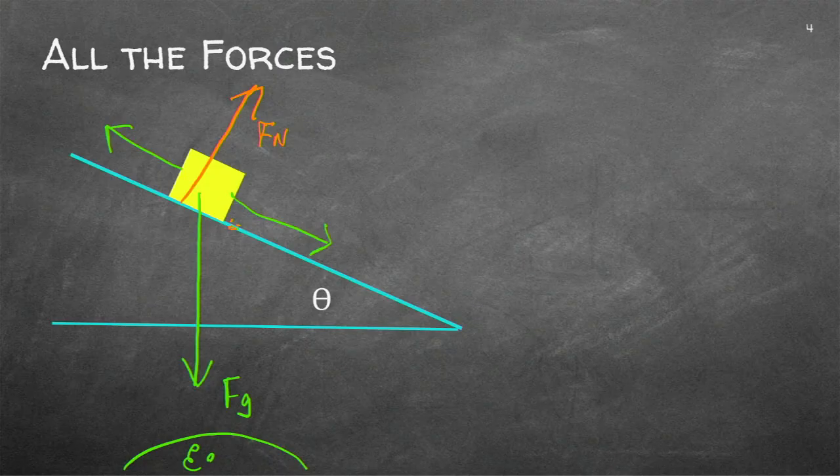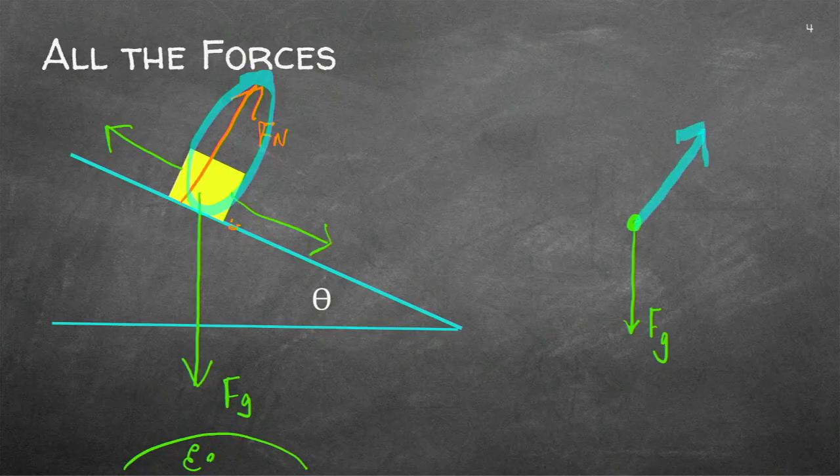Now let's see, can we draw a free body? I've got the gravity, so I've got that one. I've got the normal, and remember it's got to be in the same direction. Make sure that you really have an idea and a sense of that direction. That's working that way. That's the normal.